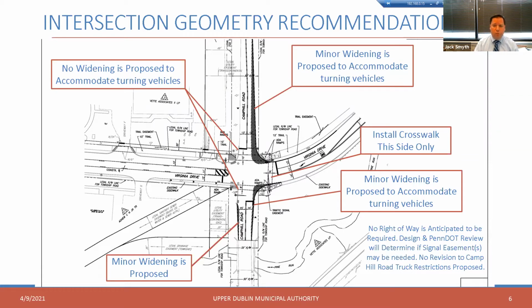And so you need this widening in order to do that. Lastly, crosswalks. We are showing one crosswalk along the east side of Virginia Drive to cross Virginia Drive. We're not showing it on the west side, again, because of everything going on in that area with the driveway, with the utilities. We would have to put in new ADA ramps on that side if we introduced a crosswalk. So introducing ADA ramps in that section where the trail was located and on the other side of the street is difficult. It can be done, but I don't see the benefit of a crosswalk on this side, because in